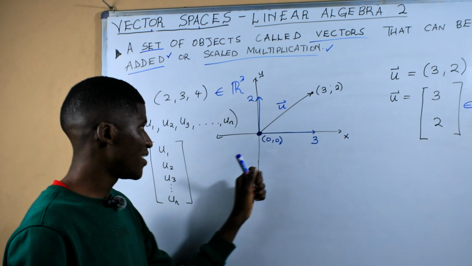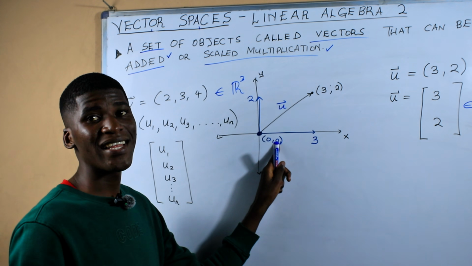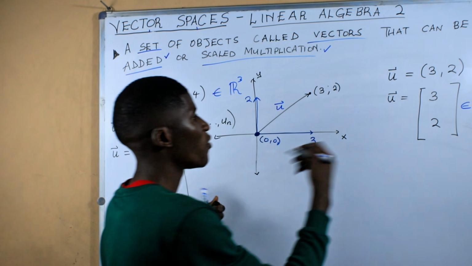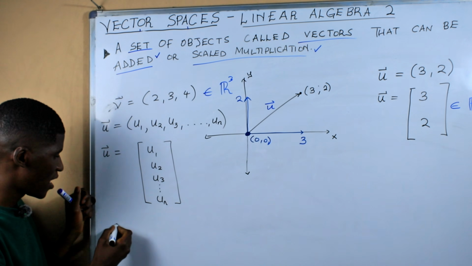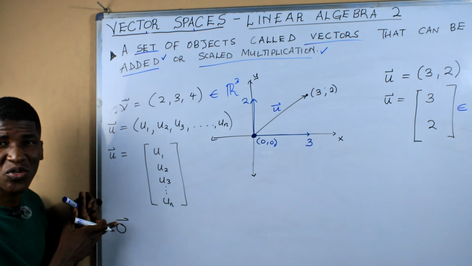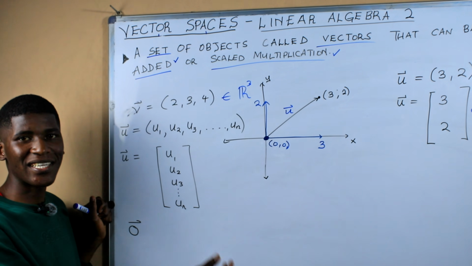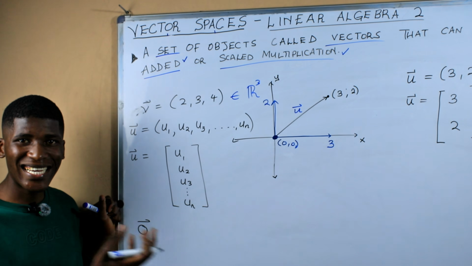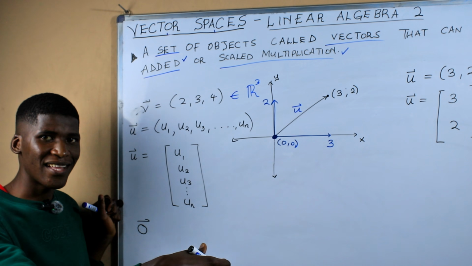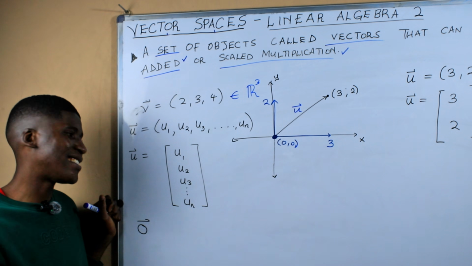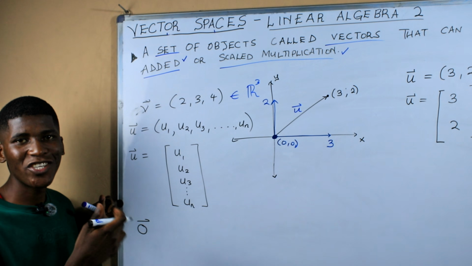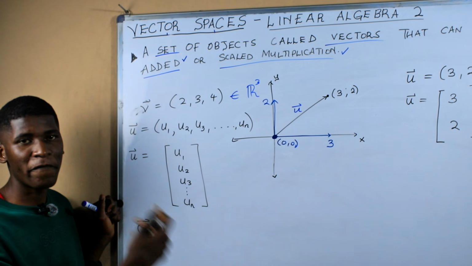Okay, so now basically this is 0, 0. It's known as a zero vector. If I was to represent a zero vector, I would write a 0 like this, and the 0 would have an arrow on top. All the vectors, I'm putting arrows on them so that you can differentiate between vectors and numbers. Vectors are not necessarily just numbers. Vectors have components that have different dimensions, but plain numbers are just scalars. So this 0 with an arrow on top shows you that this is a zero vector.